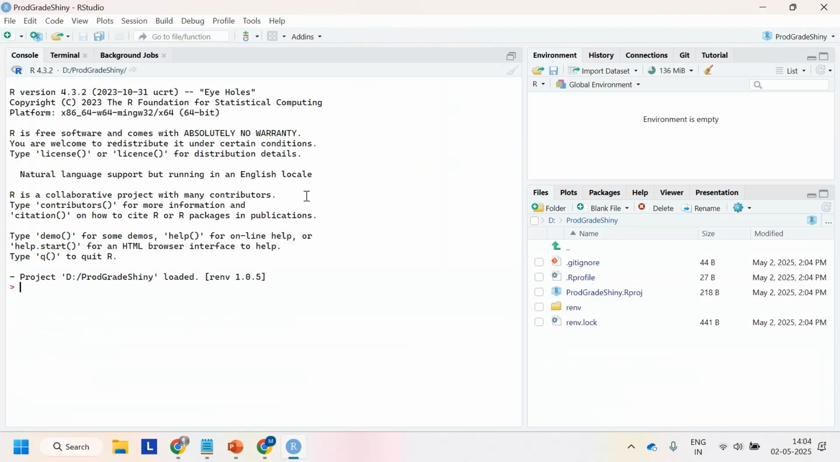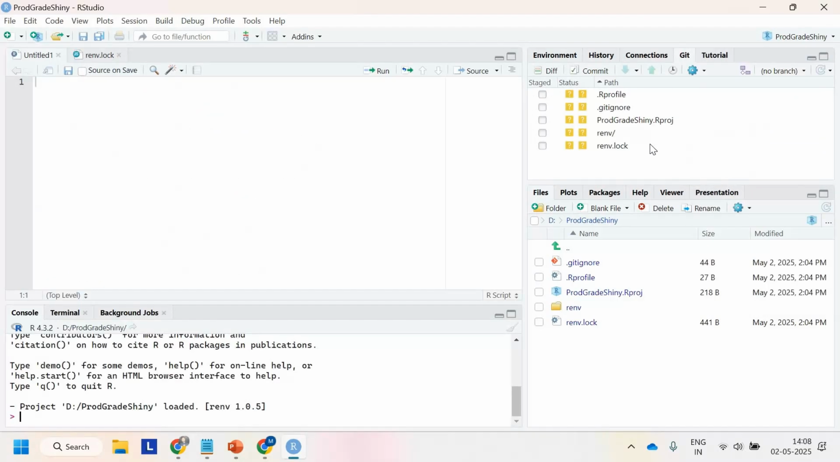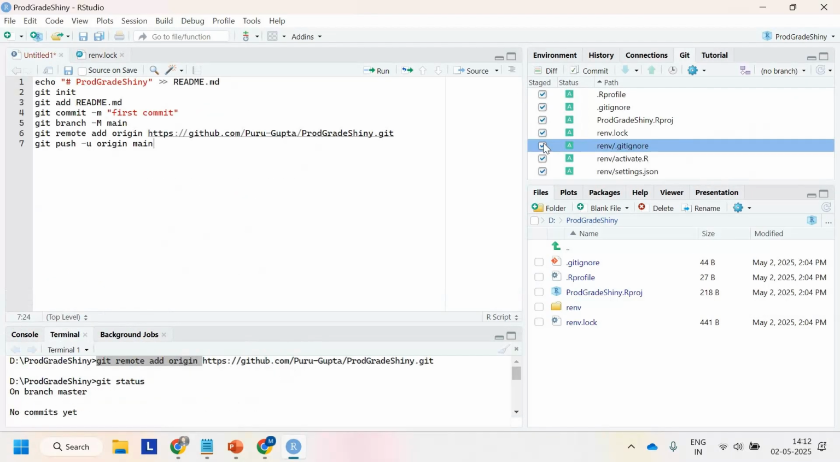It's initializing all the requirements. Yeah, great. We have successfully created a new project here. You can see production grade shiny is here. All the projects that I have created are showing here. You can close the project from this, and also you can open a recent project from here. Files that are not commit